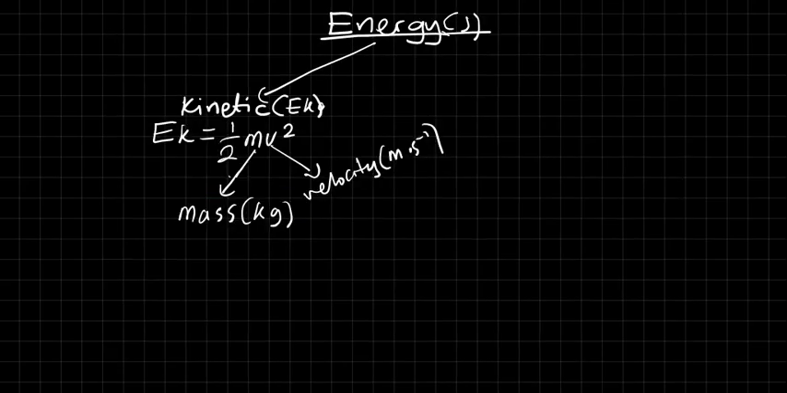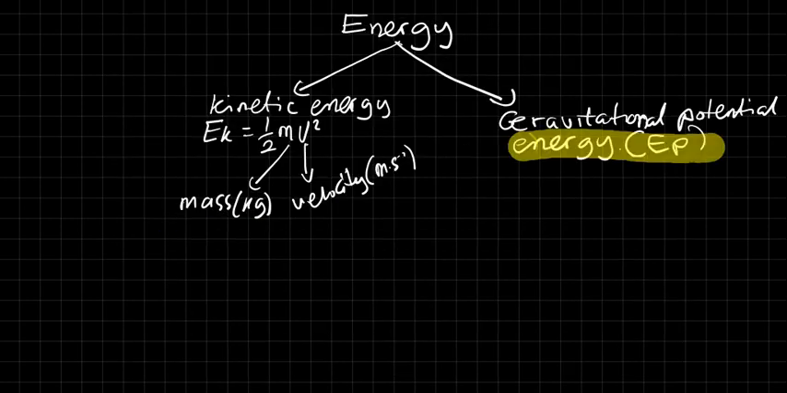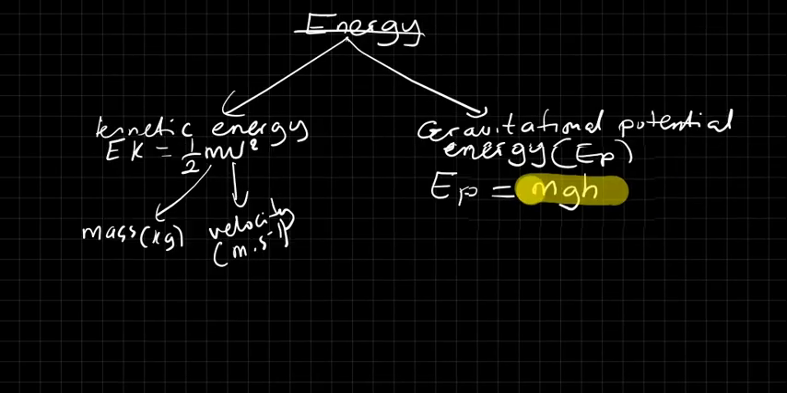The m stands for the mass, which is measured in kilogram, and the v stands for the velocity or the speed, which is measured in meter per second. Now, the next type of energy we are going to look at is the gravitational potential energy, EP. And the gravitational potential energy is defined by the formula EP is equal to